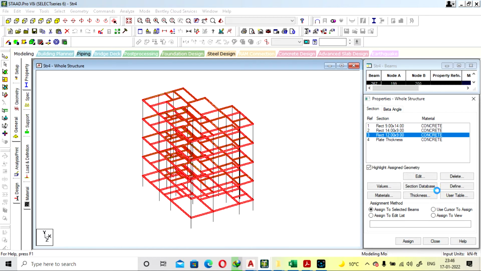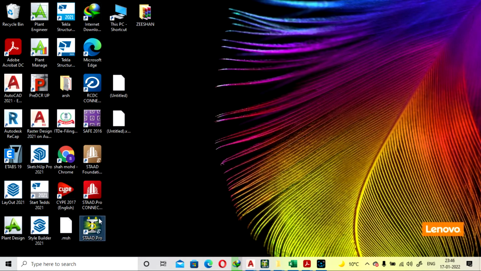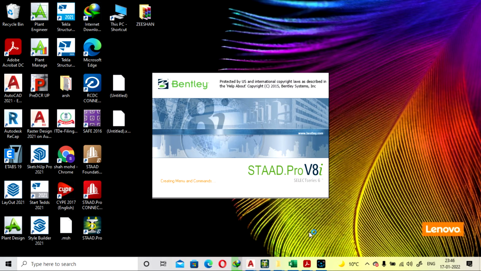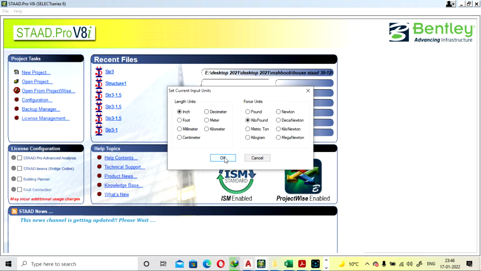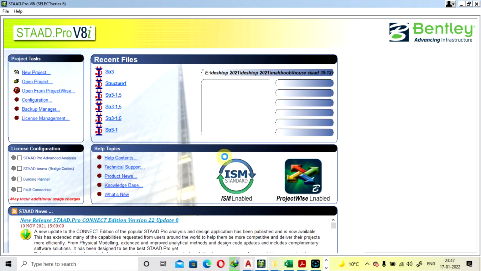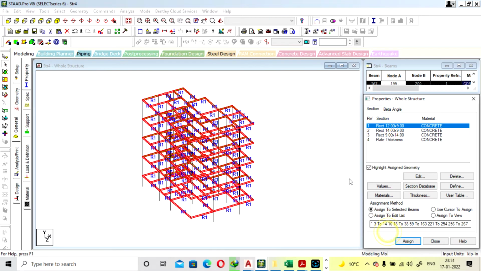So we have assigned the dimension to the beam. Again an error occurred. Okay, now we have assigned the property to the beam.